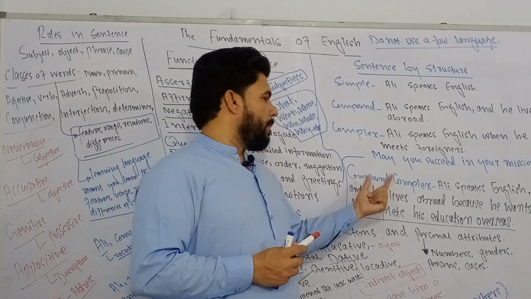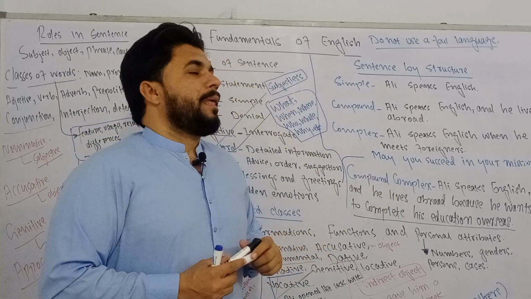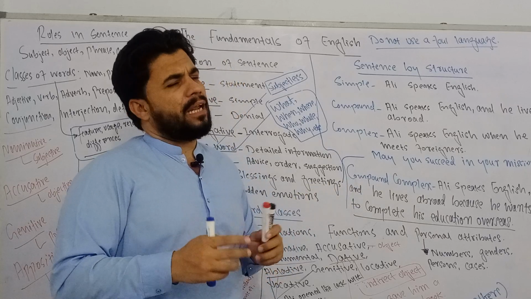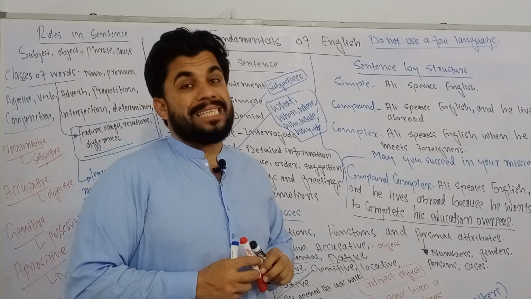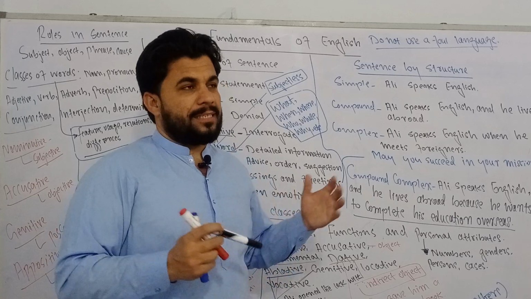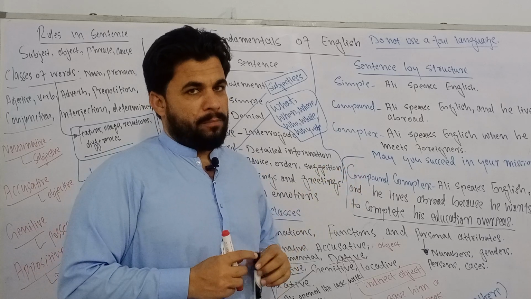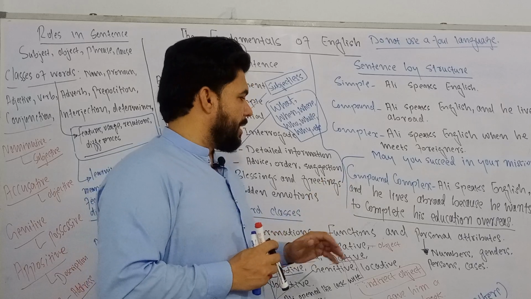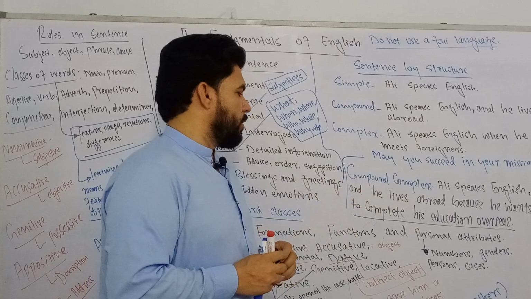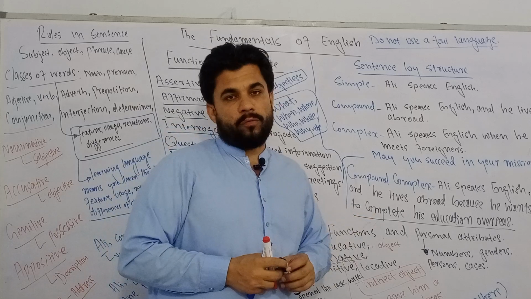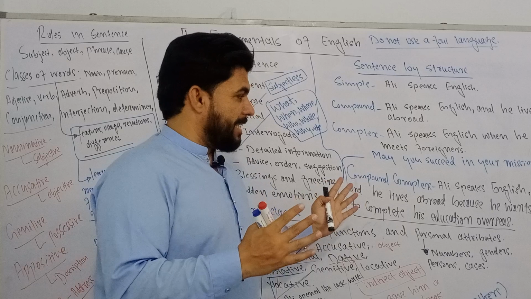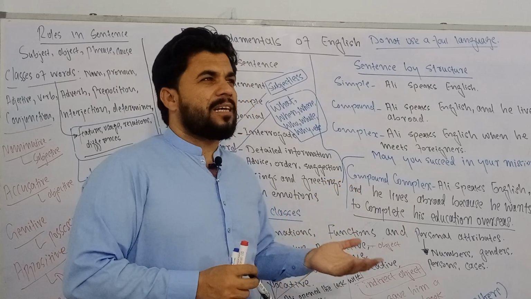And then we have compound complex. In this sentence, we have two independent clauses. There can be more than that, and we have one dependent clause. So such a sentence is called a compound complex sentence. I have an example here, which is Ali speaks English and he lives abroad because he wants to complete his graduation overseas. Now you look at this, it's a very sophisticated sentence in the English language, and it is highly